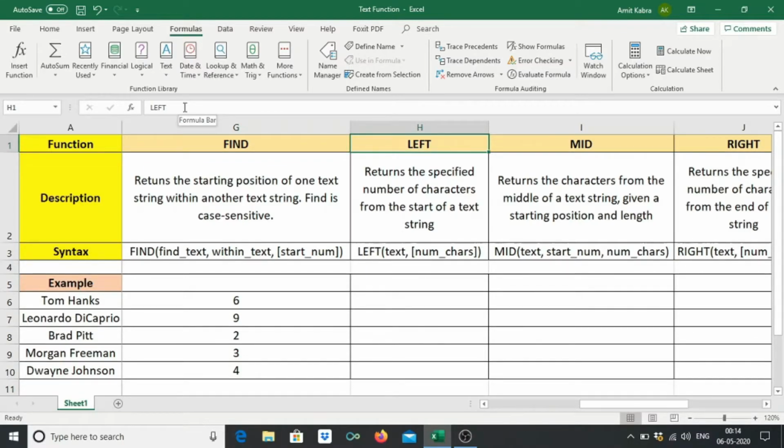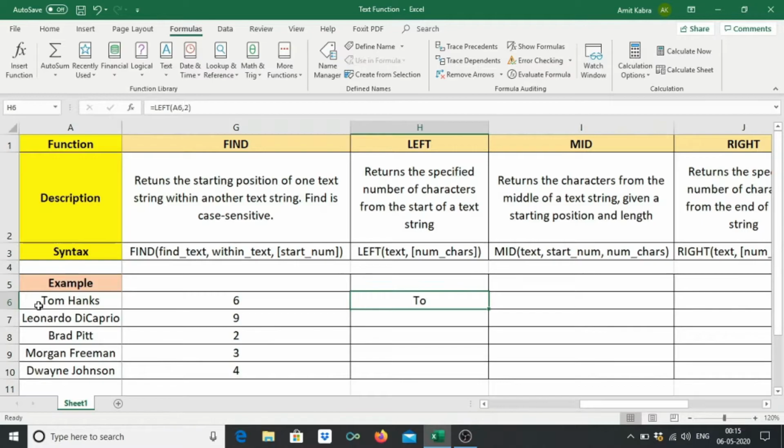Now the next function is the LEFT function. It returns the specified number of characters from the start of a text string. The syntax for the function is LEFT, bracket, text, comma, number of characters. Now let's understand this with the help of an example. Suppose we want to return 2 letters from the left of the word Tom Hanks, so it will be equal to LEFT, brackets, the text, comma, 2, brackets close.